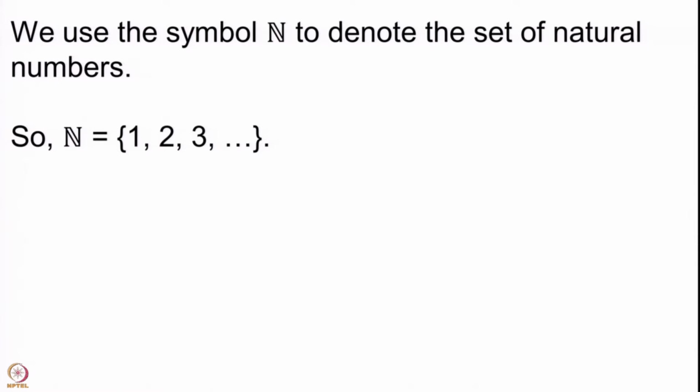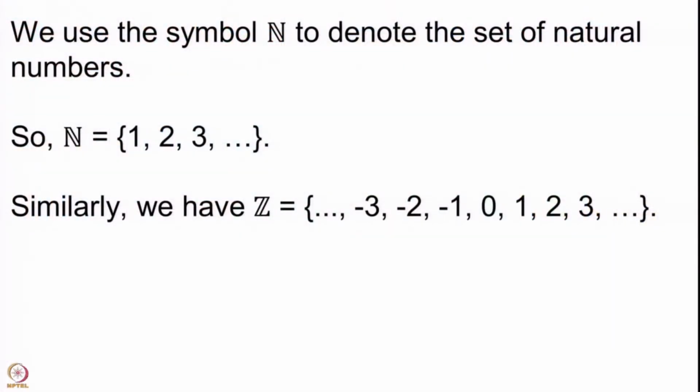Now, you may wonder what has happened to the number 0, and also there are negative numbers. So, there is indeed a set consisting of all natural numbers, their negatives and also the 0. And since we have fixed a notation for the set of natural numbers, we should use some other symbol to denote that set, which traditionally is denoted by the symbol capital Z. Again, we see that there is a slight decoration there for the capital Z. N, as we know, stands for natural numbers. What does Z stand for?